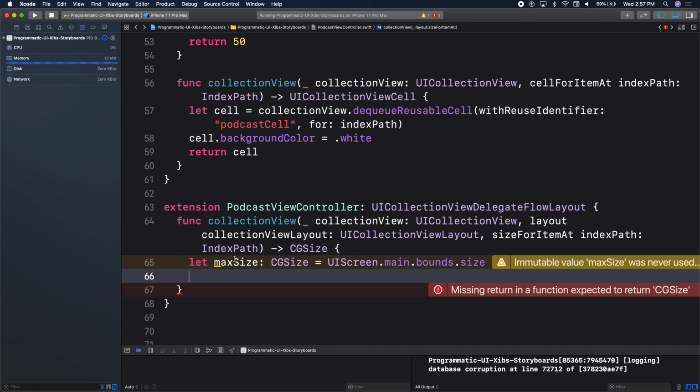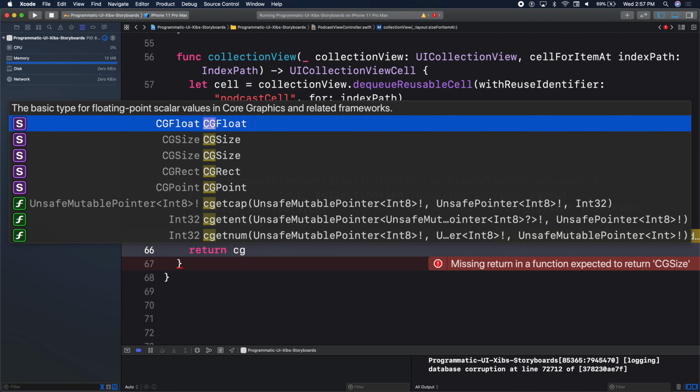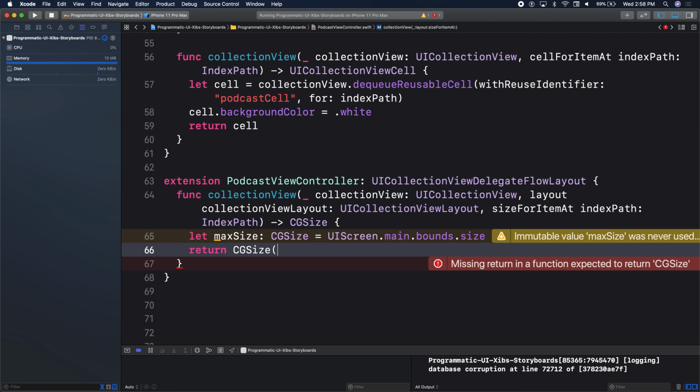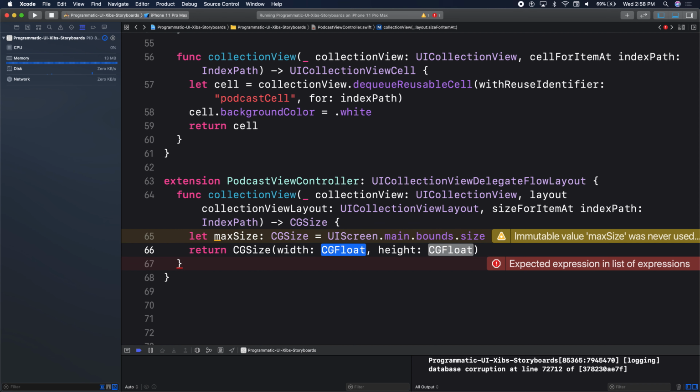Okay, so we have max size here. What are we trying to do? What are we returning? We're returning the CG size. So just return the CG size here. And we said the CG size is a tuple of 2 values. The width,